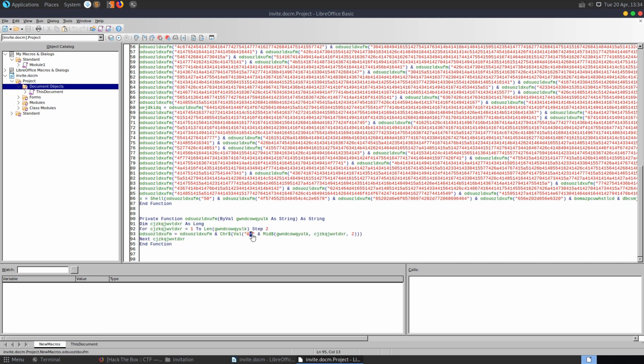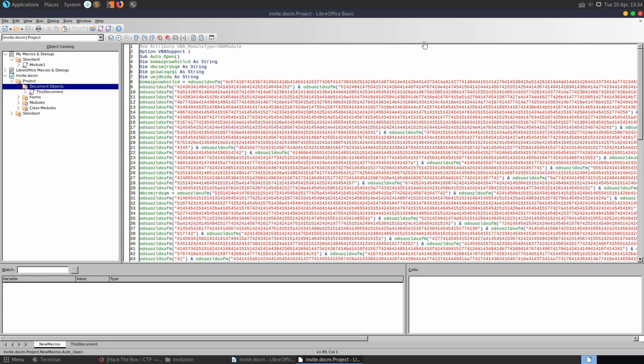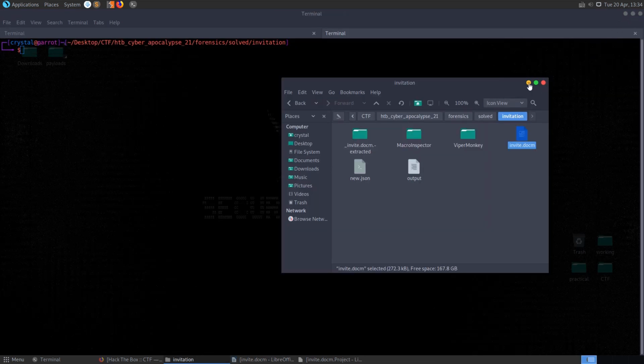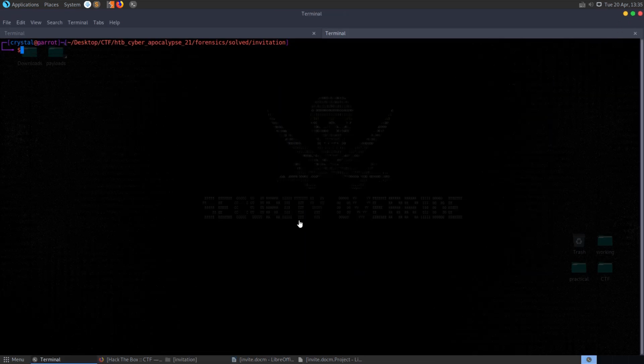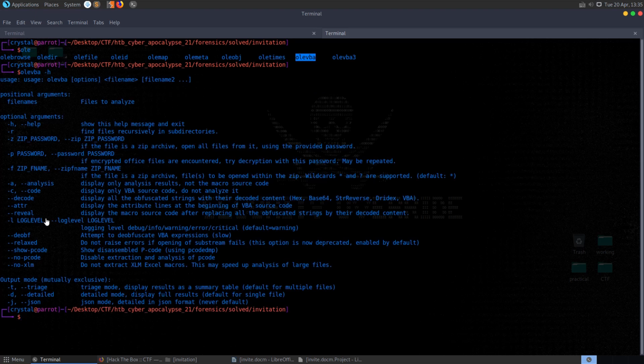I did go through and manually try to decode some of the stuff and work out what was going on here. This is like a function to convert between hex, but there are tools available to us to try and do some of the deobfuscation. So let's go and take a look at that. If we type OLE here and then hit tab, we have some different tools that are already available. OLE VBA is what I used here, so if you do olevba -help,